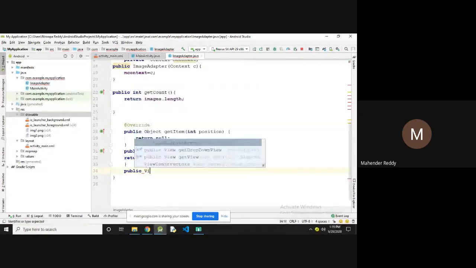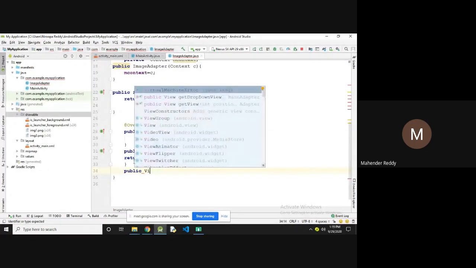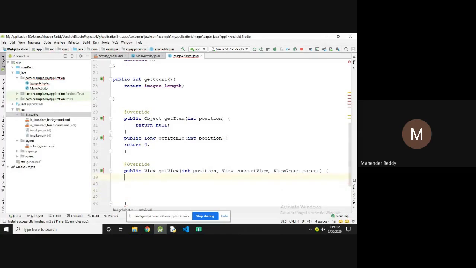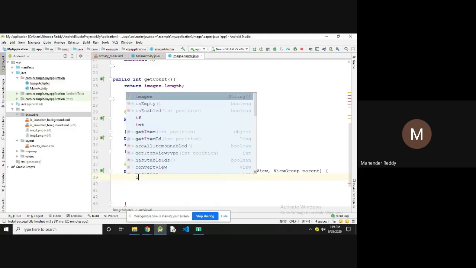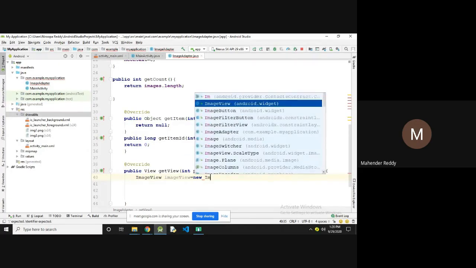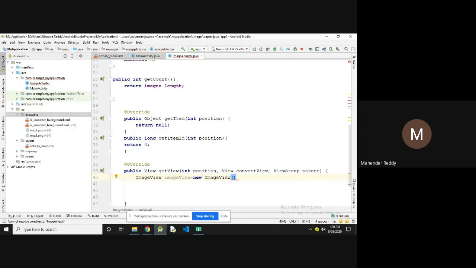Public View getView. Now ImageView imageView is equal to new ImageView in context.